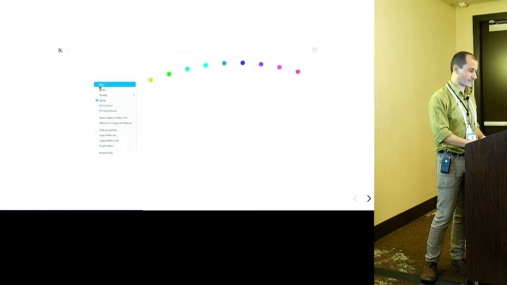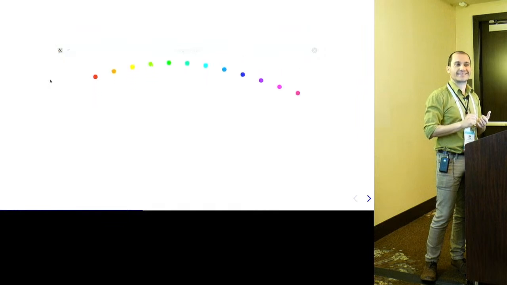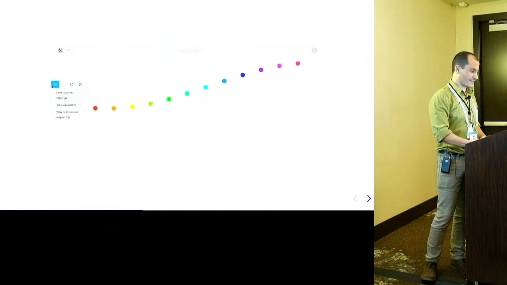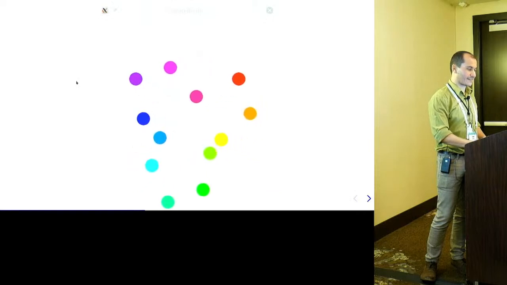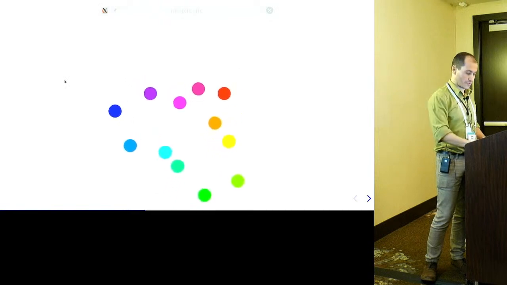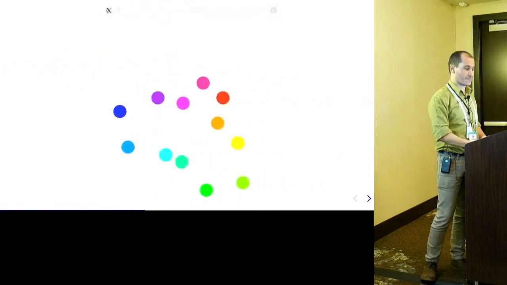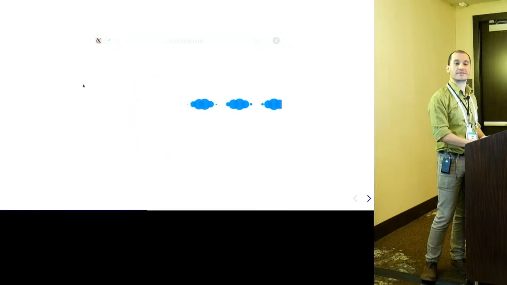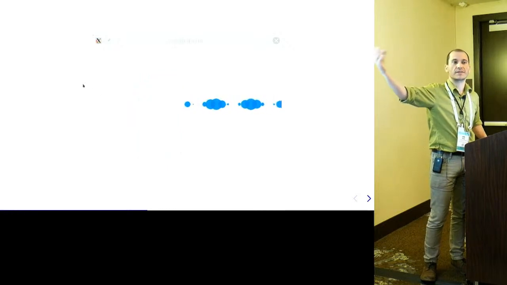Again, you will recognize the sine function here, right? This is the same as the previous one, except that things are laid out in a circle, but it's exactly the same thing. And there's also an example of something that looks a little bit like clouds that are moving to the left. And these are just circles becoming bigger and smaller, but it creates that effect.